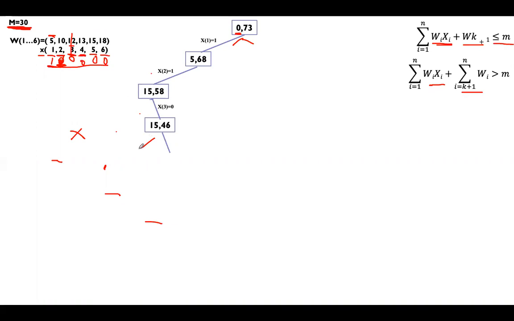So for our explanation, this tree will become complicated. For that reason, I will just leave that fourth element. If you select the fourth element, the tree will go this side, and the total will be 15 plus 13, which is 28. Again, 28 plus 15 or plus 18, you will not get the solution. For that reason, I have to skip that step.